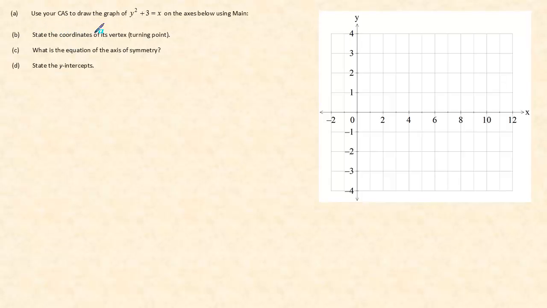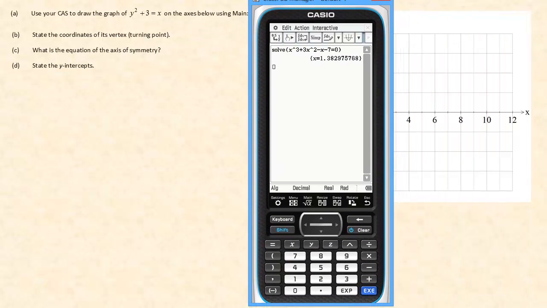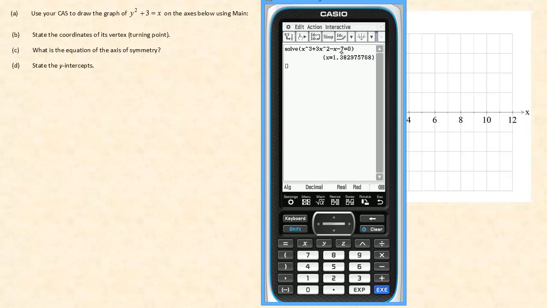Use your CAS to draw the graph of y squared plus 3 equals x on the axes below using main. Now, what that means is to actually do it in the main application just here. So I'm just going to clear anything else I've got. I'm going to put the equation in. So I've got y squared add 3